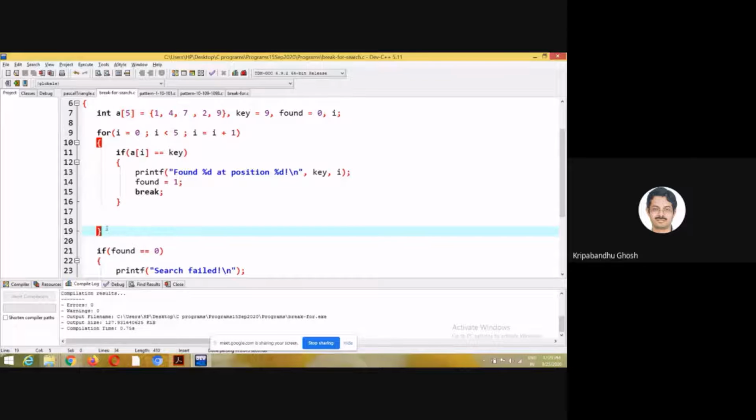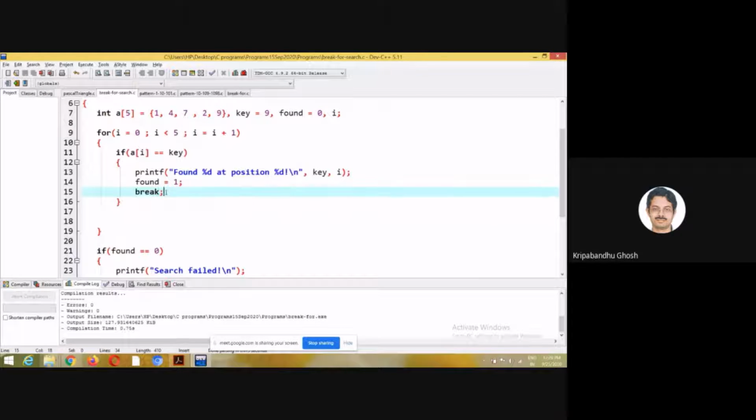Then the loop has terminated. The second circumstance is break, so it can come out of the loop before the loop has terminated. So I need to check what has happened.